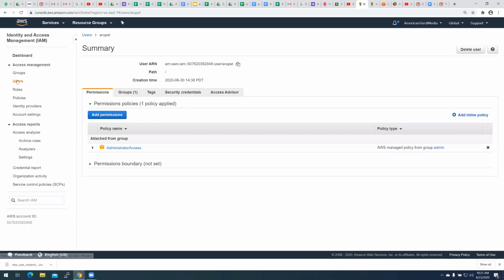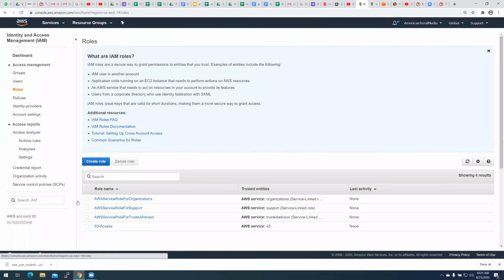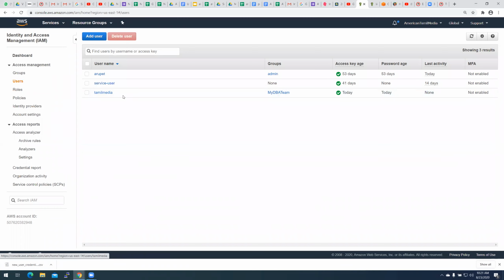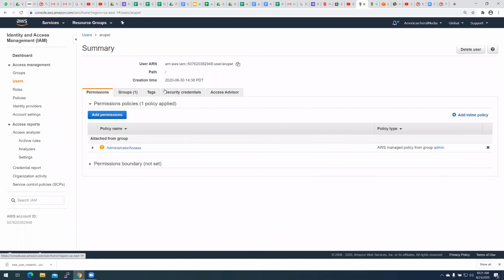So for users, we saw how to assign policies for the roles. Now let's go to the users and pick a user. And here you go, add permission, or you can add inline policy. So at the user level also, you can add inline policies.